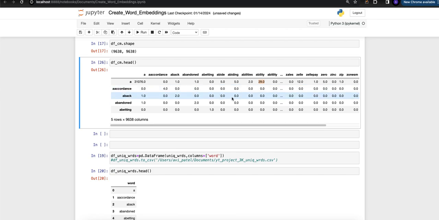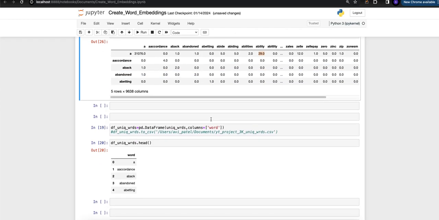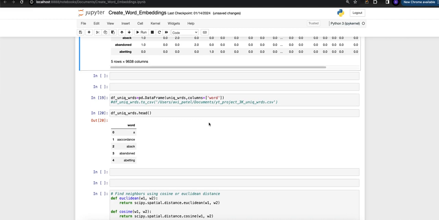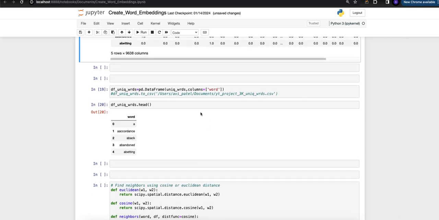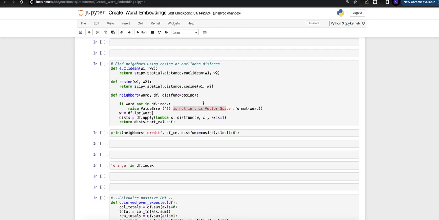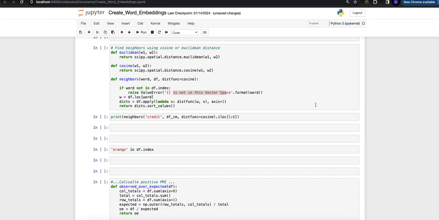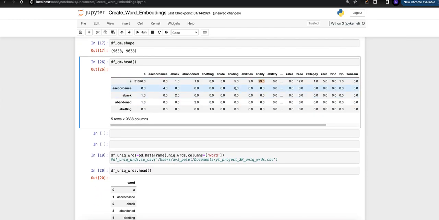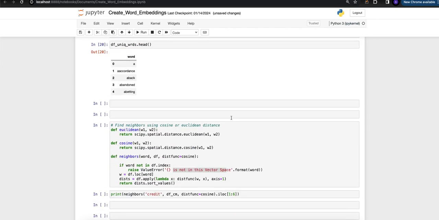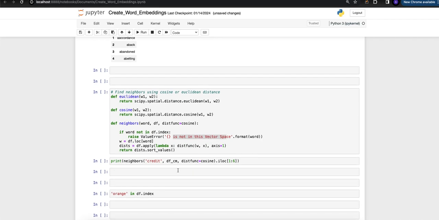It's going to be a sparse matrix, in other words, there's going to be a whole lot of zeros, because the word A may not show up next to things like Zales and zinc and whatever else. So most of the values in this 9,638 by 9,638 matrix are zero. A sparse matrix is what it's known as. All right, so we're going to skip through all of this stuff now. At this point in time we have a very basic foundational co-occurrence matrix, built from some 4,300 comments, with a window size of 10 and a flat scale. All right, so let's see how well it does in terms of finding the word